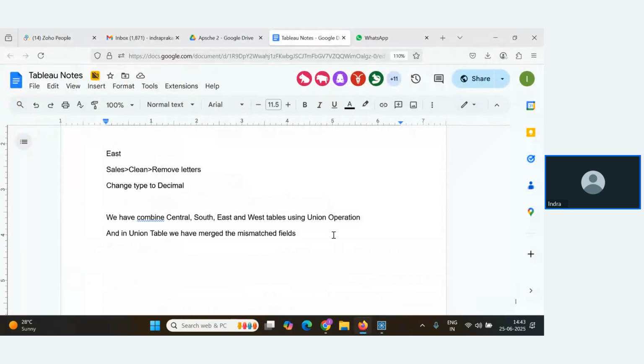What we will do, first of all, we have to import the return reason table, and we will remove row ID, order date. This is capital row ID.